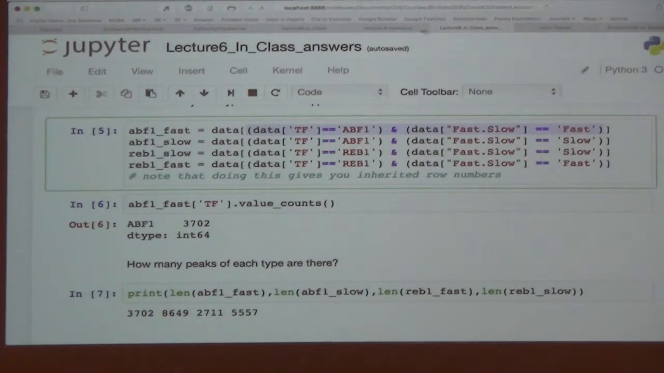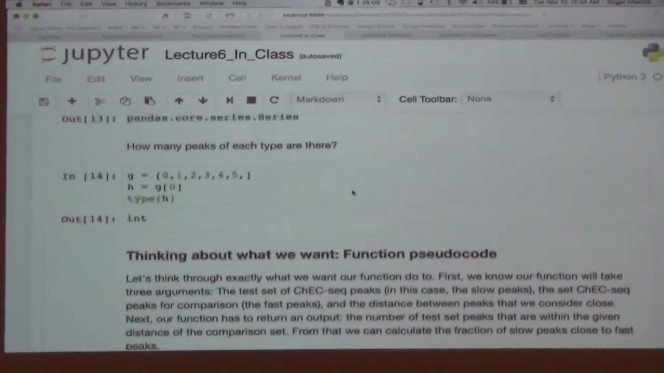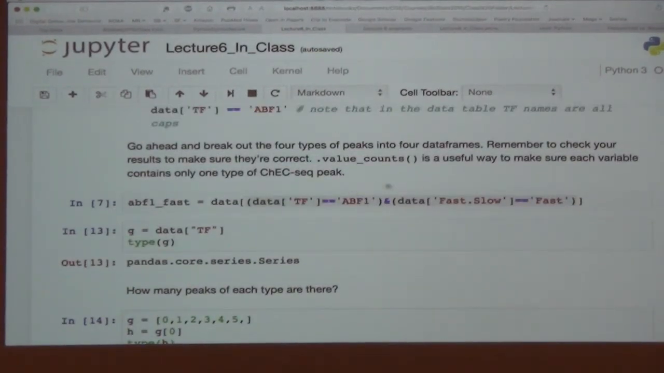All right. So, did somebody else have another approach that you want to look at to pulling the results, pulling out the AVF1 fast peaks? Are we all good? All right. Okay, so it turns out